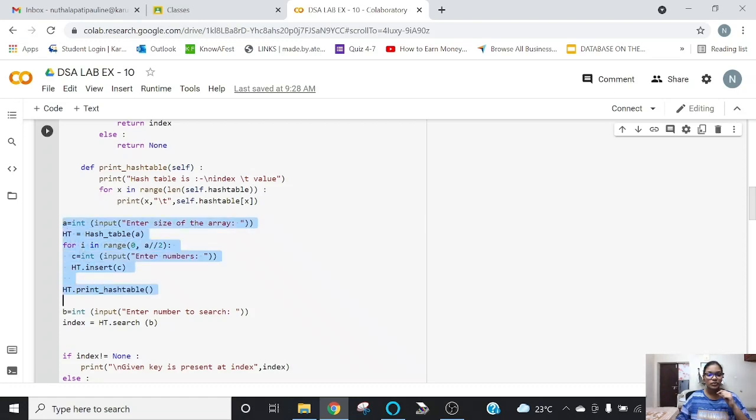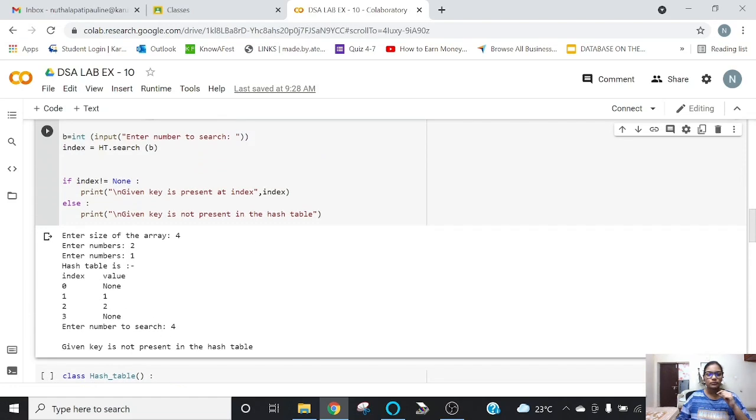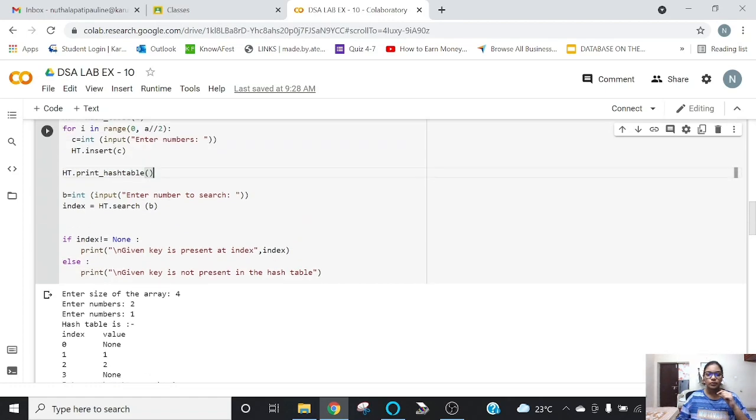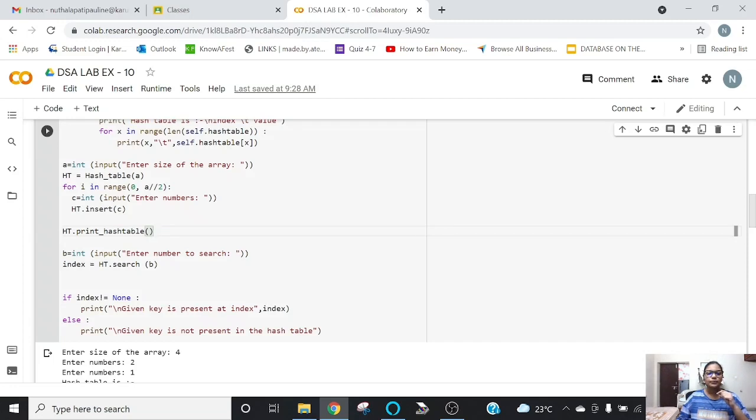So here I have given a user defined function, the user divide program, which is going to take the size of the array, and for that array I'm also going to use a divided by 2. This means if the user gives a size like 4, it is going to take only two numbers, so that it will be quite easy to see in which places it is going to take the slots in, it is going to take the numbers in.